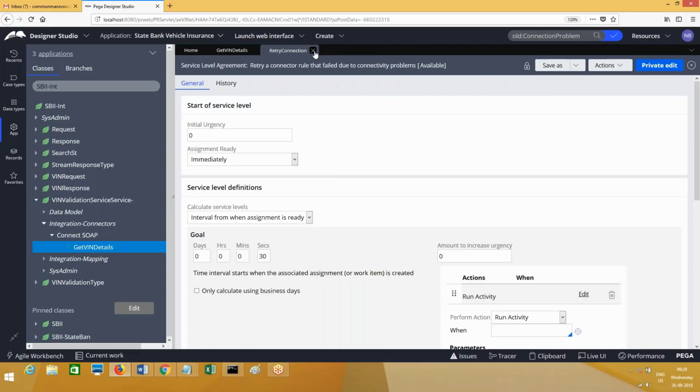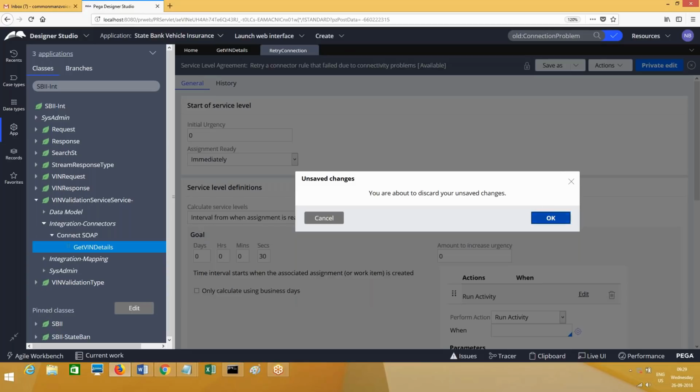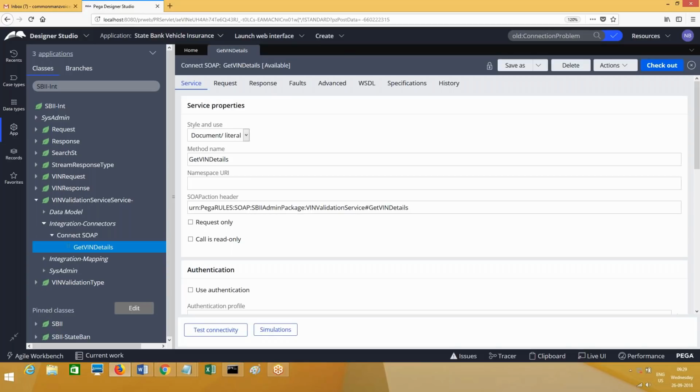Now, while calling the connect SOAP rule or any connector rule, you have this connection problem flow that can be called. In Connect SQL also, you have the error tab, and you can call the connection problem flow. While calling RDB list, at the jump step you can do exception handling and you can mention connection problem flow. While calling connect SOAP, at the jump step you can do exception handling and call this flow also. So when you mention connection problem flow alone, connection problem flow will be executed. When you mention the activity step alone, the activity step will be executed. This is how exception handling will be done.